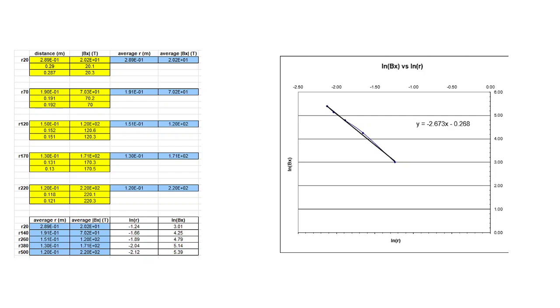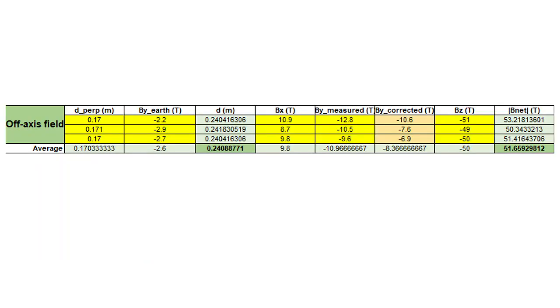To the left, you'll see that we have our distances paired with our magnetic field strengths of the magnet. And then to the right, we plotted these values. The slope of this line is actually our n value. This is from our distance dependence formula. You can also find k, because the second part is ln of k, so if you take the e of this, we found k to be, I believe it was,